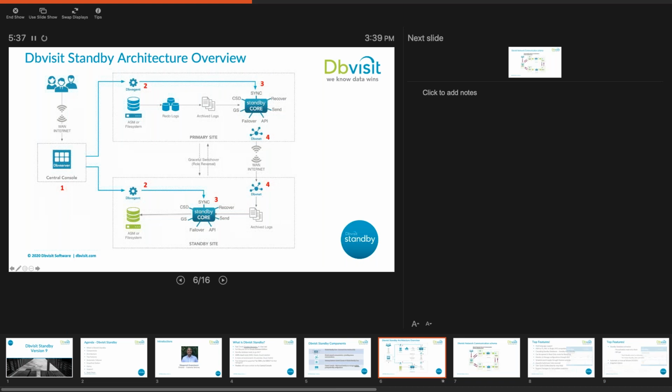Once the log has been transferred from primary to standby, from the central console I again give a command to apply the log file. Again, the command is given to the DBV agent, and with the help of your standby core, it executes the command. So it's as simple as that. And then the archive log is applied in your standby. This is the basic architecture